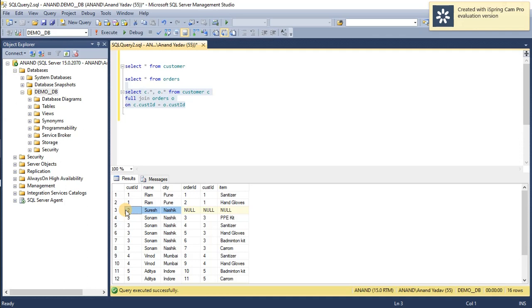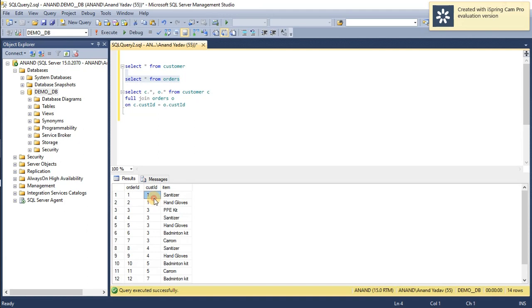Our left table is customers, which means customer ID 2 is present on the left side, but their corresponding order detail is not present in the orders table. That's why the right-hand side entry is null. Let me fire this query, so there should not be a customer ID equal to 2 entry in the right table.